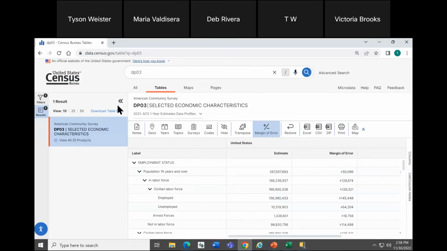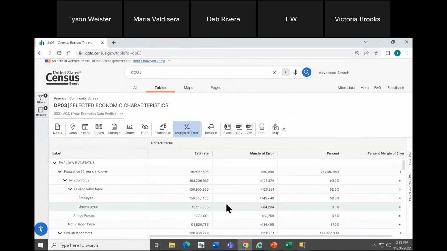It does make sense. Thank you for your question. Here, as just an example, the profile I have pulled up, the very first row, the estimate is a number and the percent is a total number. It's just meant to give you more clarity about what these percentages refer to. So you know that these percentages are referring to the number at the top.